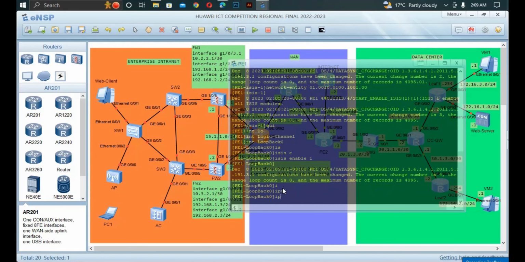Now we are on PE3. So that we don't inconvenience and to see it working, let's first stop some devices here to ensure that our network is stable. Now we are on PE3, so not PE3, PE2, that is the provider edge router number 2. So we are going to enable ISIS 1. So process ID of 1. Now net ISIS level will be level 2. Network entity here will be